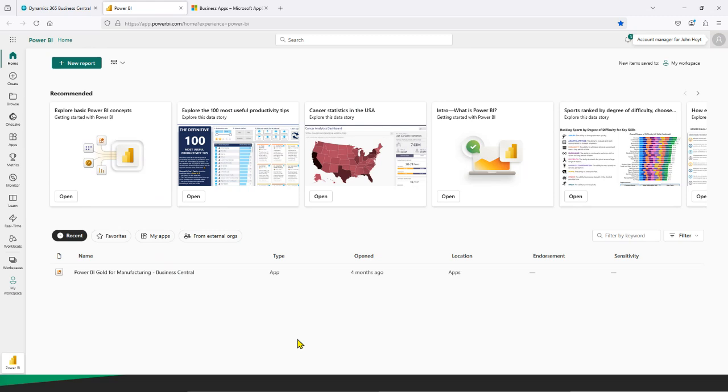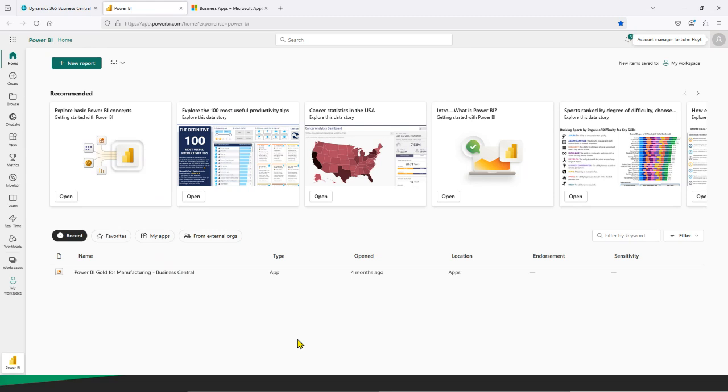Power BI, in my mind, is truly a data visualization tool. For any of the data that Business Central holds that is best presented in terms of a visualization or a graphic of some kind, charts or bar graphs or whatever it might be, I think Power BI is wonderful. But I would not turn to Power BI if I need to create a report that has rows and columns of figures like a standard financial report would include. For something like that, again, I would use either the Excel-based reports that I have natively coming out of Business Central,